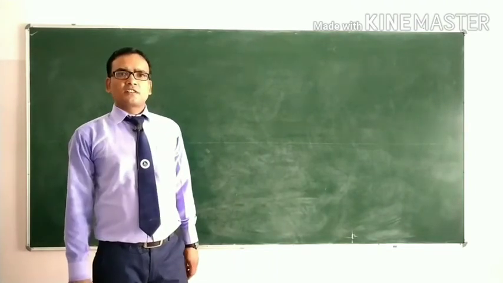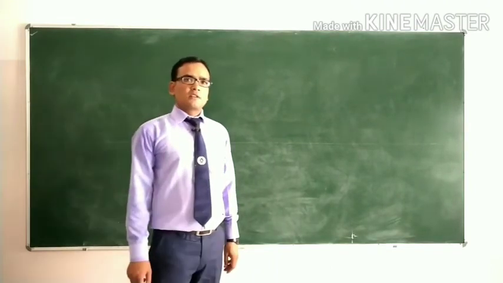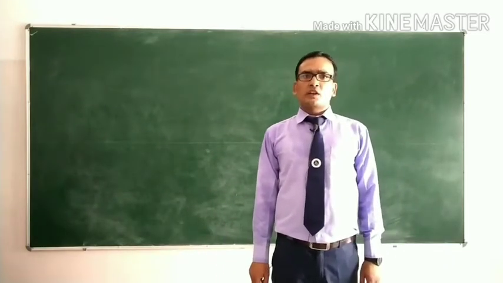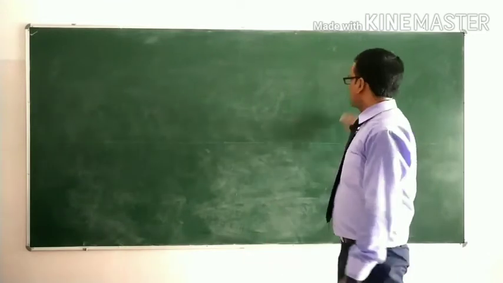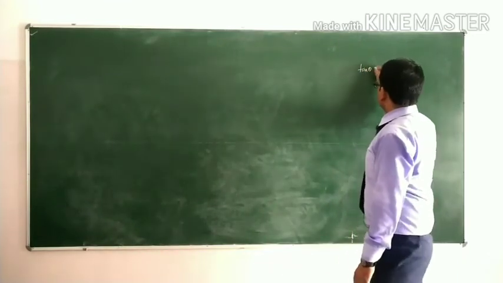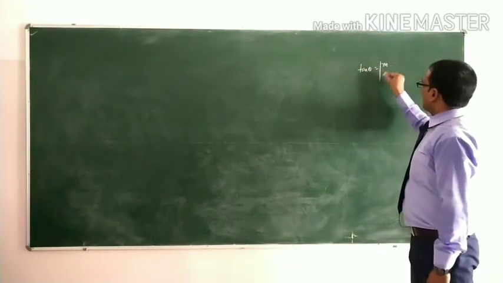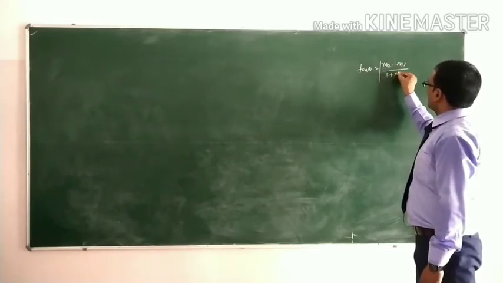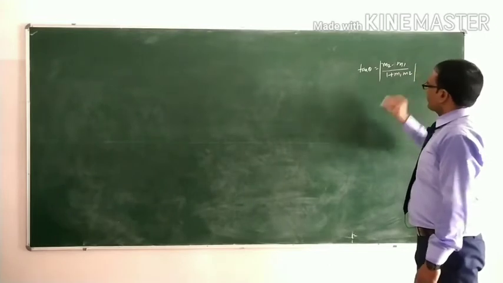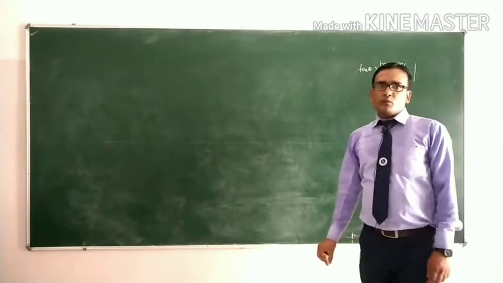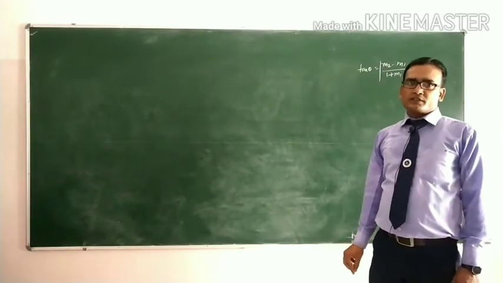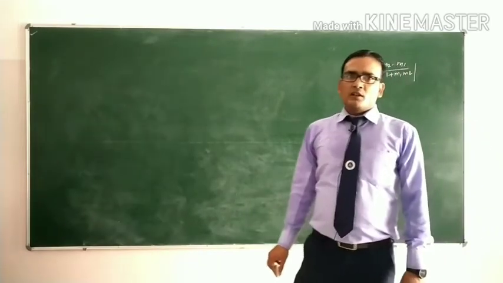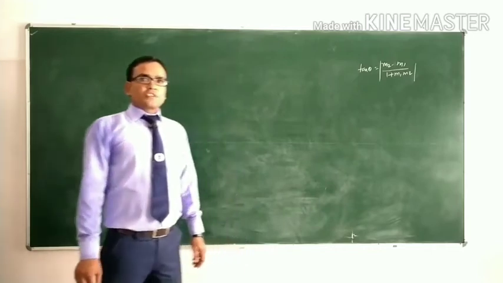In the previous lecture, we have learned about the angle between two non-vertical lines, that means tan theta is equal to mod of (m2 minus m1) upon (1 plus m1 into m2), where m1 is the slope of the first line and m2 is the slope of the second line. Today we are going to discuss